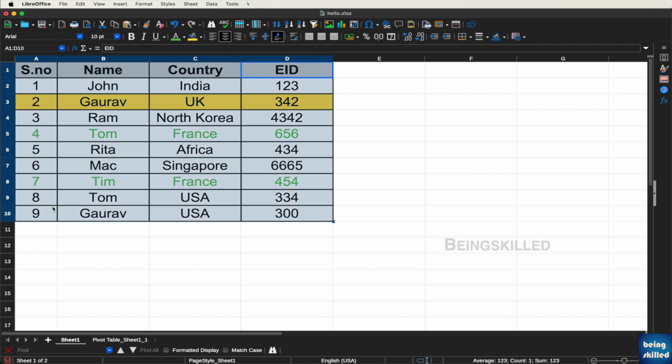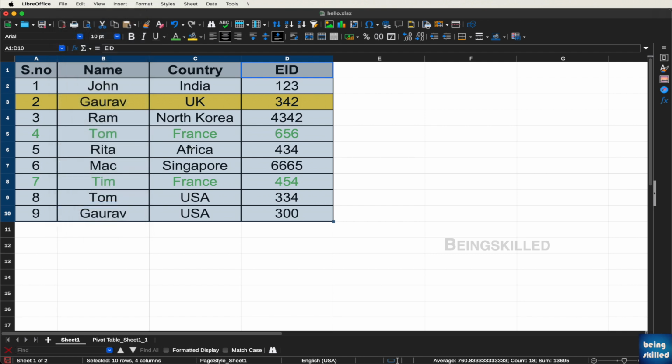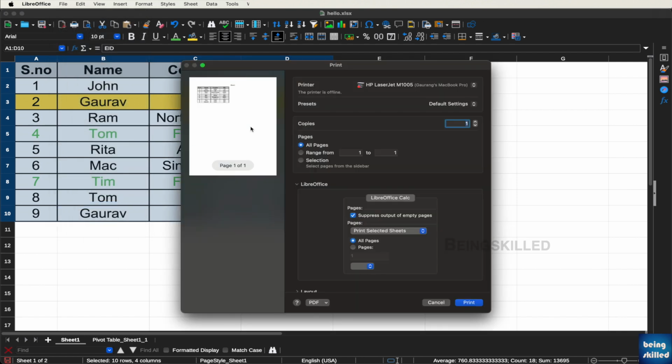Now again select the data and go to file and then click on print to actually print the document. So here you can see various options. So we can see the printer that is there. You will have to add the printer in case your printer is not showing over here, and you have to select what all pages you want to print, how many copies you want to print, and then